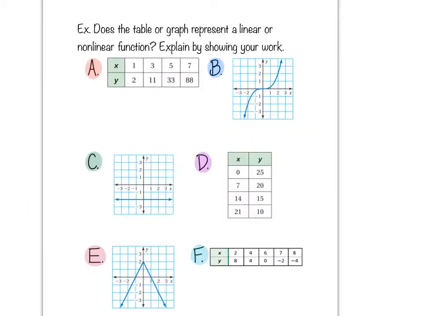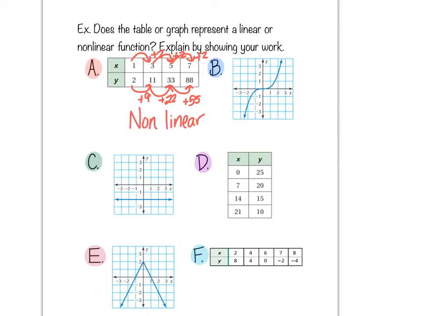All right, it says, does the table or graph show a linear or nonlinear function? Explain by showing work. So for letter A here, our work can simply be looking to see if we have a constant rate of change. As I rise 9, I'm running 2. So that ratio better be consistent. This one, I'm rising 22, I'm running 2. That's not consistent. Then I'm rising 55, and I'm running 2. So this is definitely nonlinear